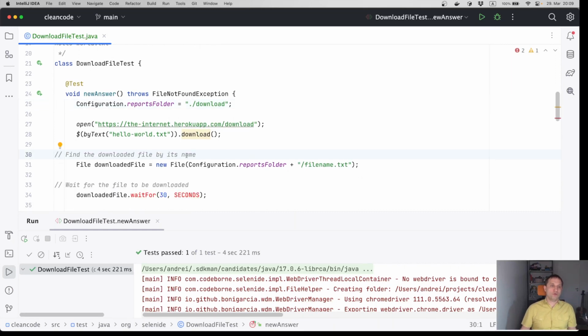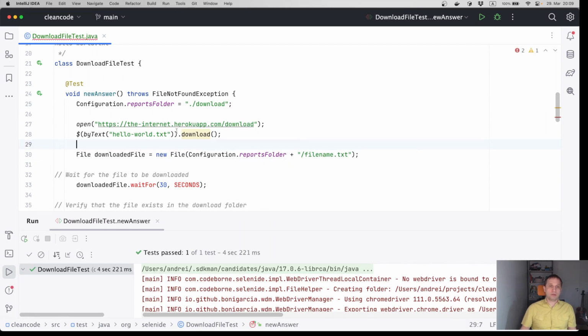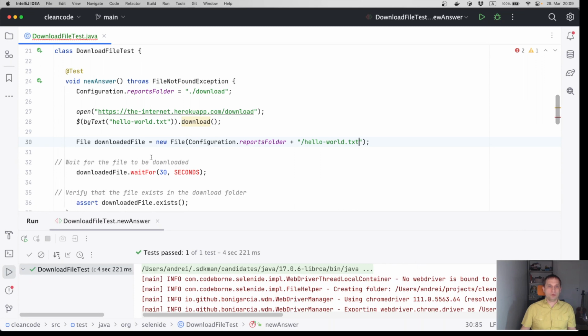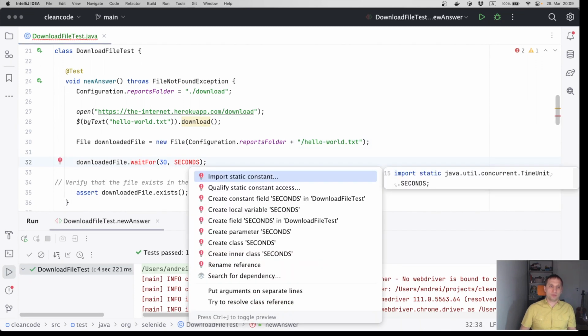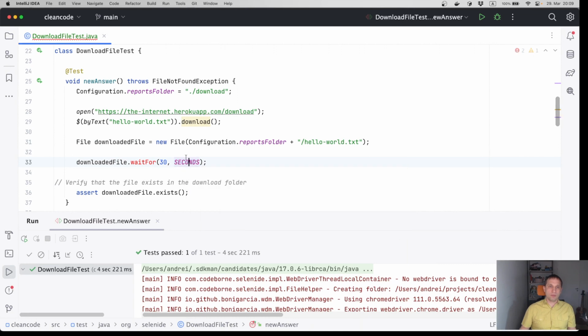Now it suggests to find the downloaded file by its name. Okay, but what name will be? Probably we can try out this name. Let's see if it works really. Then it suggests to wait for this file, but there is a problem. There is no such a method on file.